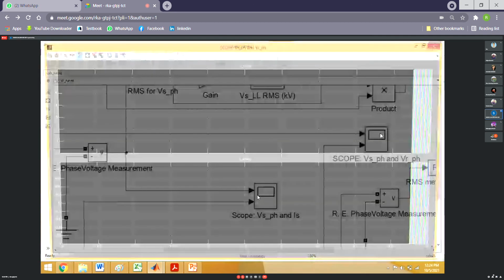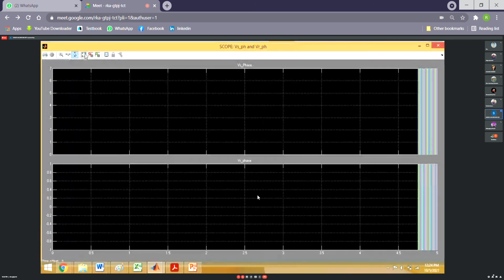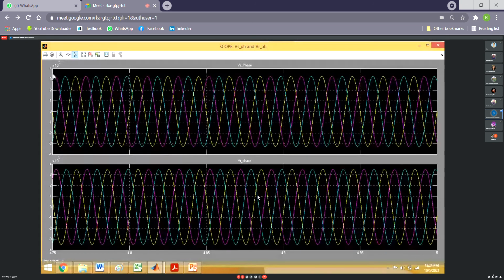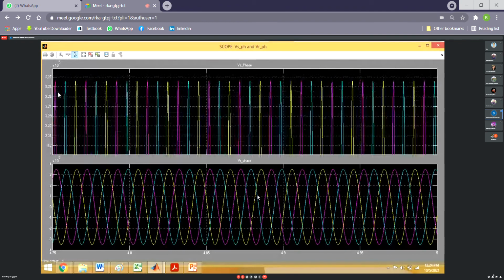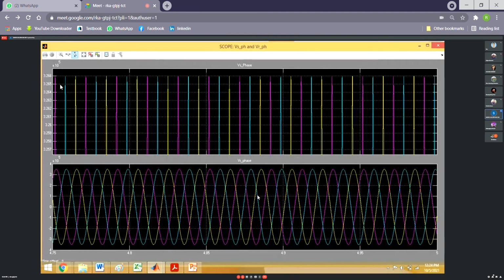So at first, the peak of voltage and current. The peak of Vs phase will always be the same because we are not changing the sending end phase. So it will always be 3.265 × 10^5 volts. You can copy that for all the cases, because this is like the practical sending end. We have some sending end voltage, and we are testing segments of the line for different loads at the receiving end.